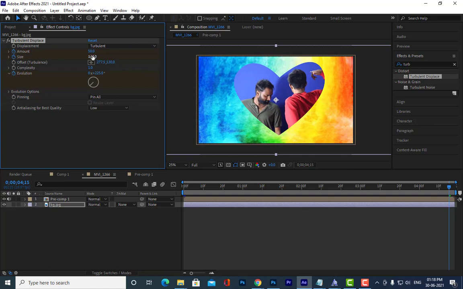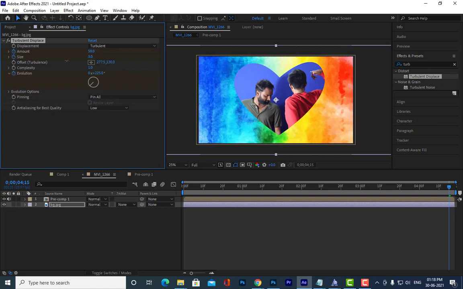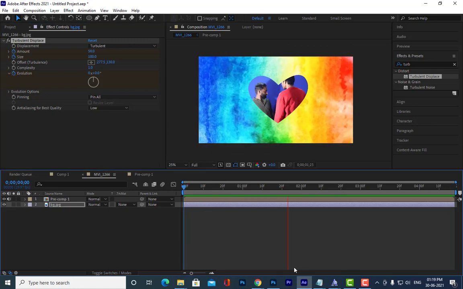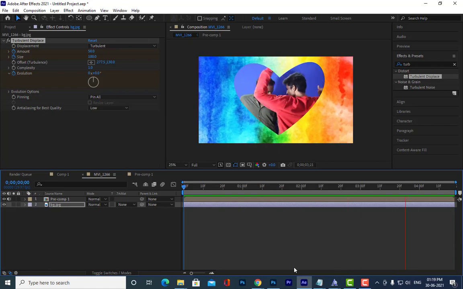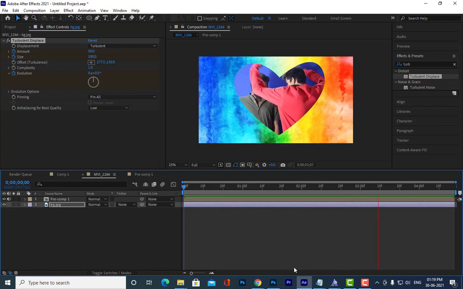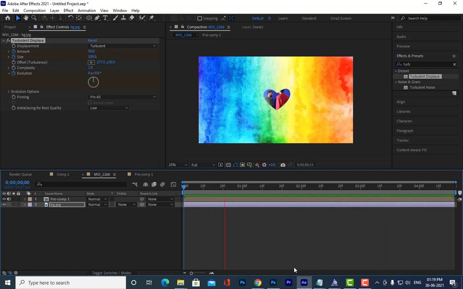See here. If you reduce the amount now, it will be less turbulent. See, the background is now also animating.